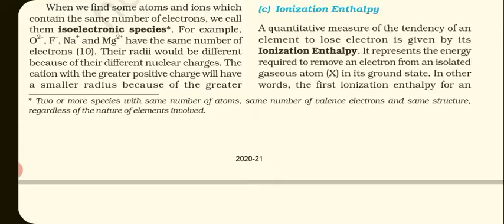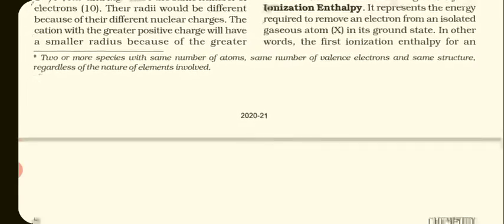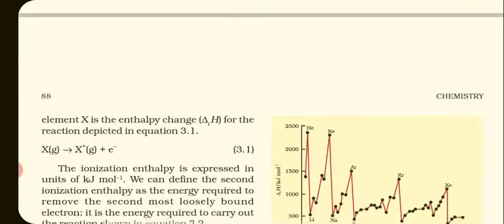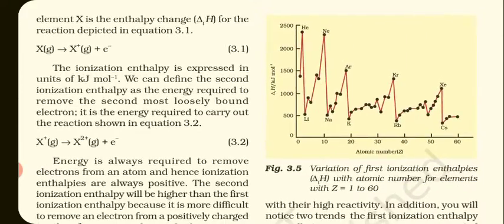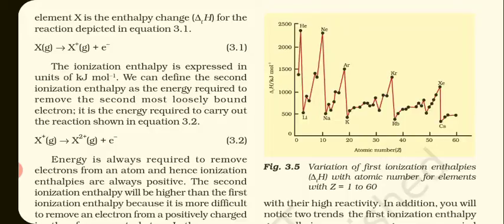In other words, the first ionization enthalpy for an atom or element X is the enthalpy change, represented by delta H, for the reaction depicted in equation 3.1. X is any atom in gaseous state, and energy is required to remove one electron